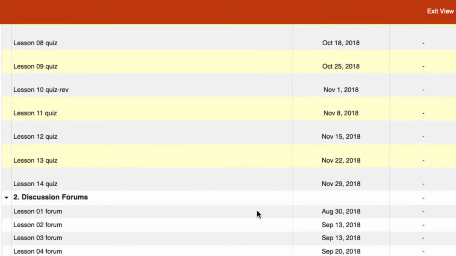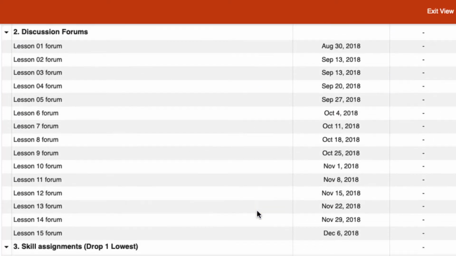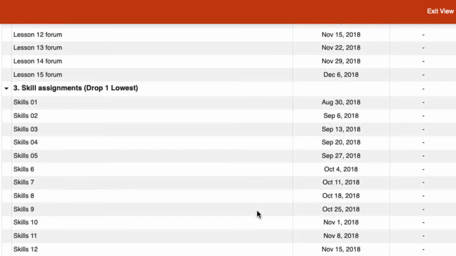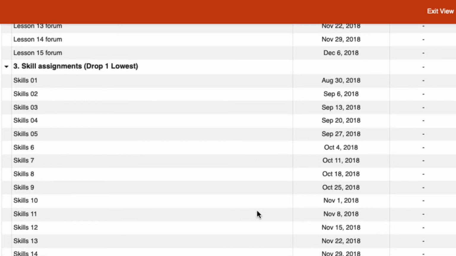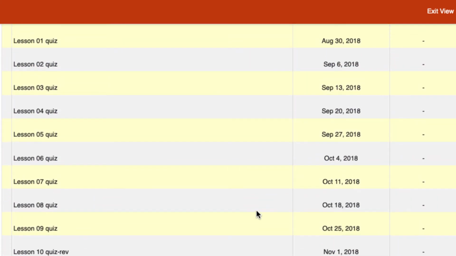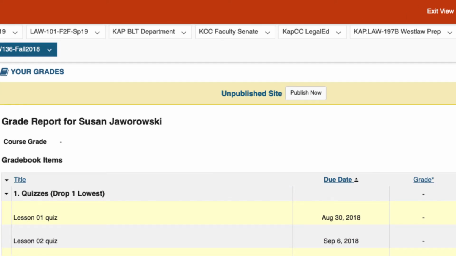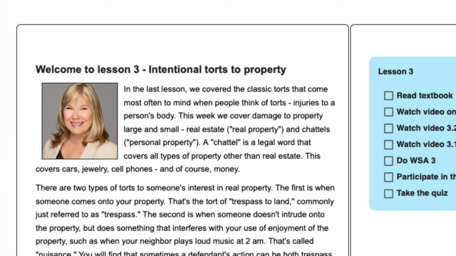Your grade is based on how many points you earn through the discussions, the quizzes, and the assignments. This class is not graded on a curve, so you are not competing with your classmates for points. Instead, your grade depends on your own timely work. If you keep up with each lesson, it is easy to do well in Law